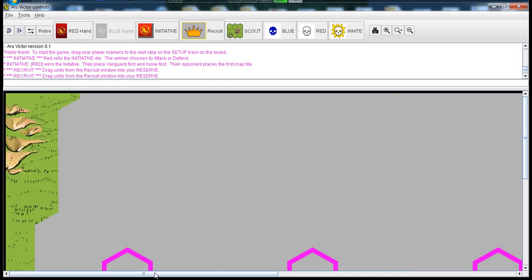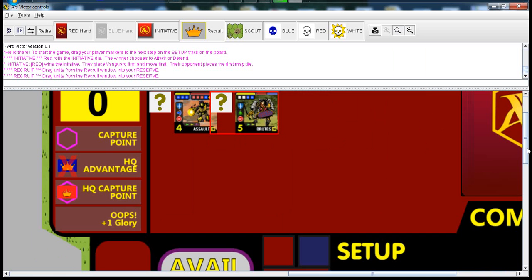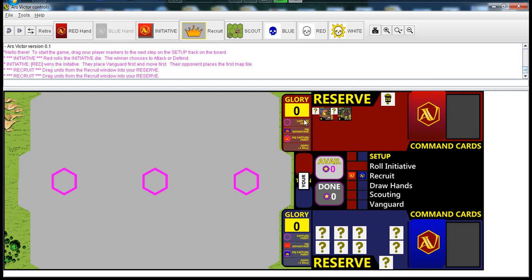There you go, and you can see when you hover over things. Oh, is the hovering not working? So the hovering's not working in this recording mode apparently. But when you're playing, oh here, there it goes. The hover pops up the full size thing, and when you're playing, it's actually pretty easy to tell what things are. So here's me finishing my reserve,